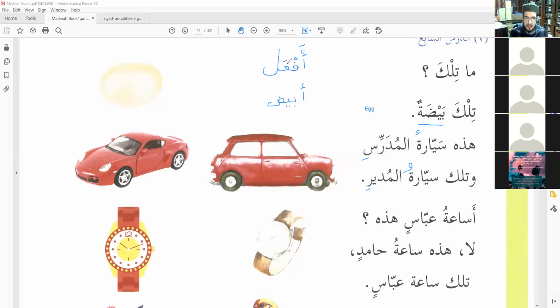But we put it on this pattern. Abyad is white if we're describing a masculine thing. I'm sorry, I misspoke. Abyad for a masculine thing like a book or a pen. If we were describing a feminine thing such as an egg or a car, then it would be on the